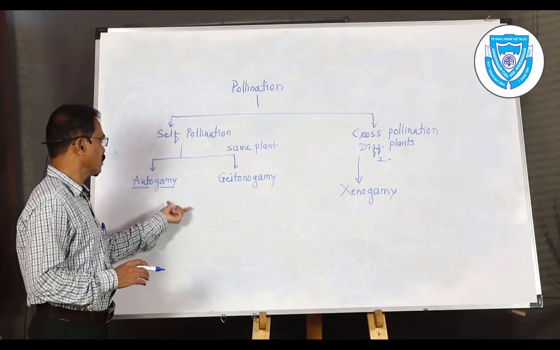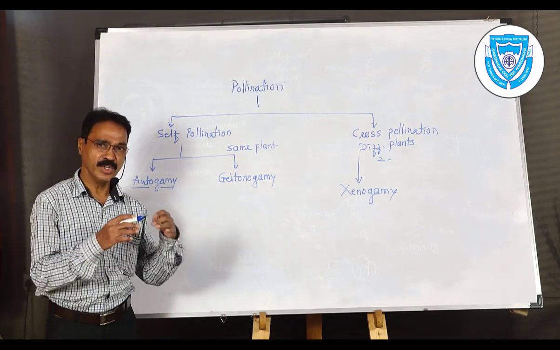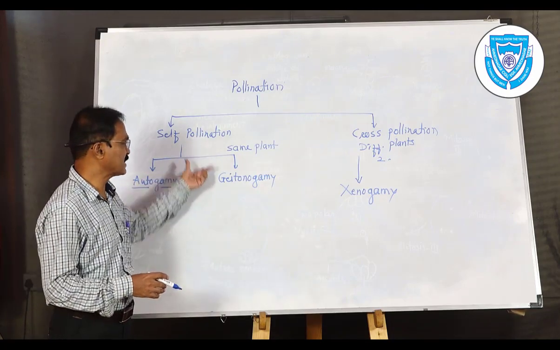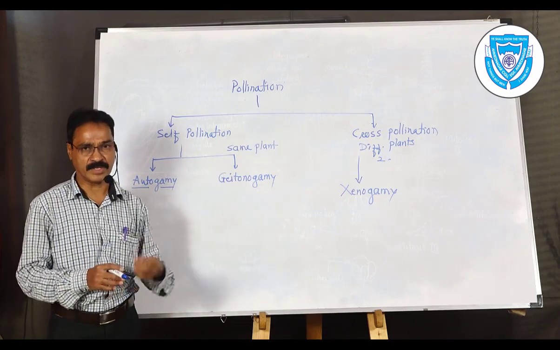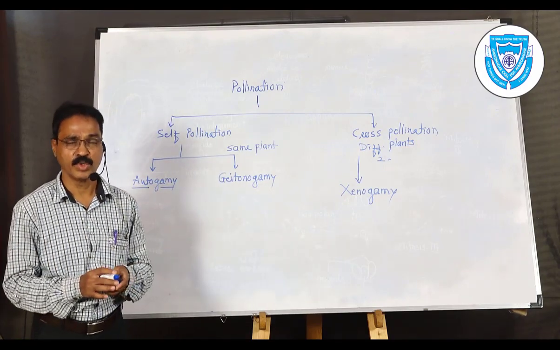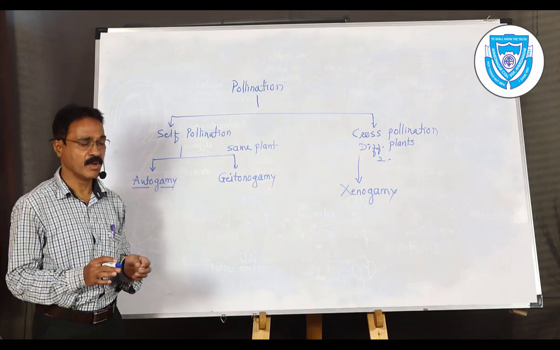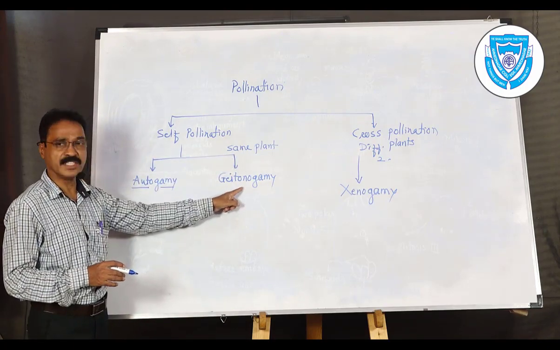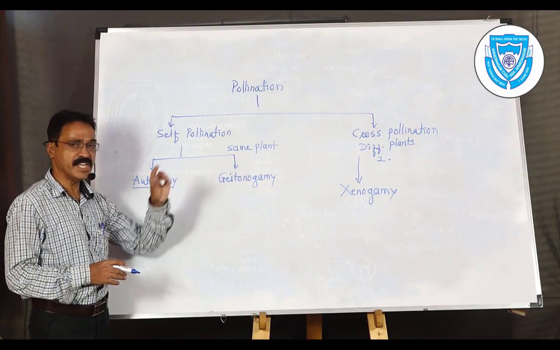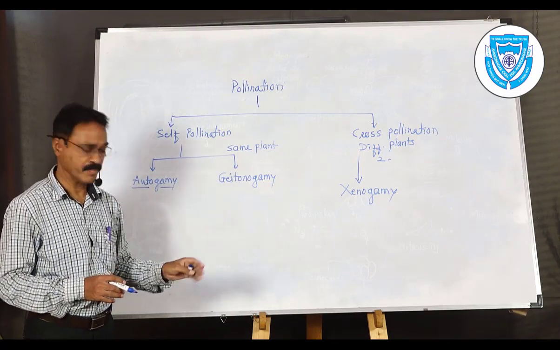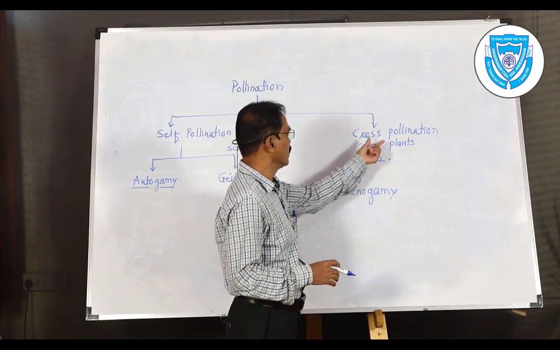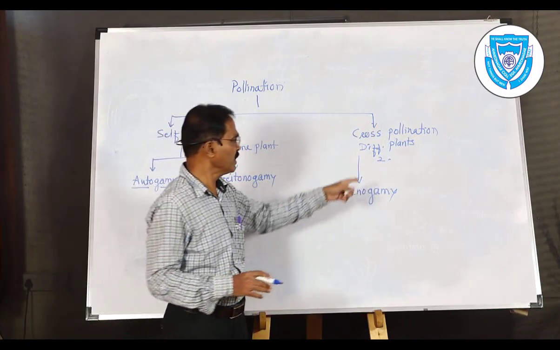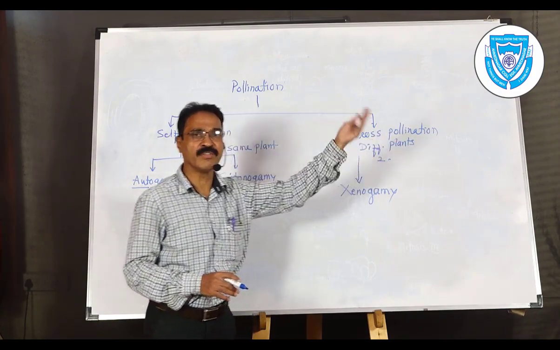When the same plant is utilized, the new offspring or new generation is exactly similar to the mother plant. No variation, no changes in the characters, because the same plant is there. It may be autogamy, it may be geitonogamy. Hence, there is no variation, but the characters remain the same. While in cross-pollination, where two plants are involved, the pollination takes place in two different plants, two different flowers.